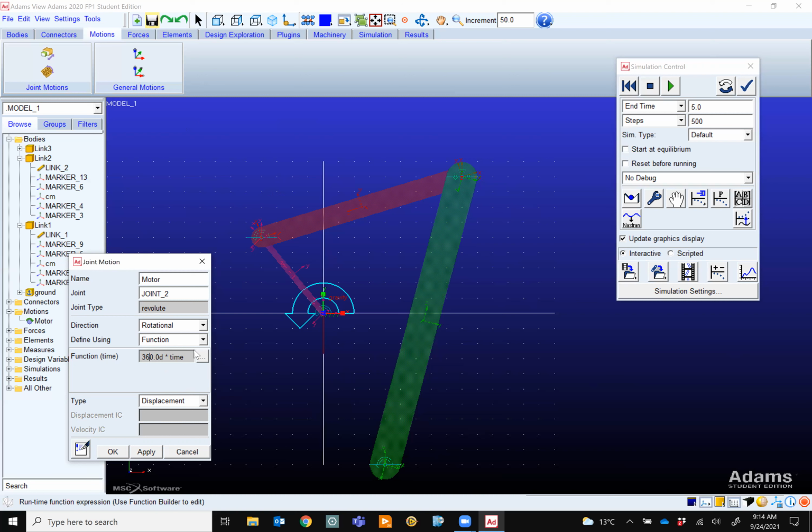Omega t, right? If omega is constant. But if you have acceleration, it is half of alpha t squared. Yes, you can put any function that you want here. And a square, by the way, here for Adams is